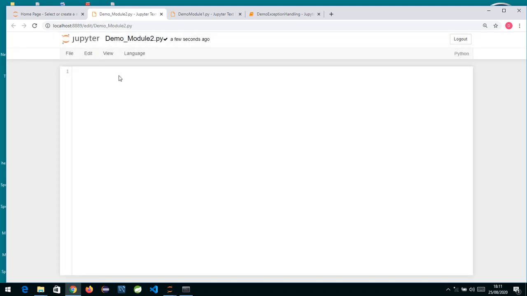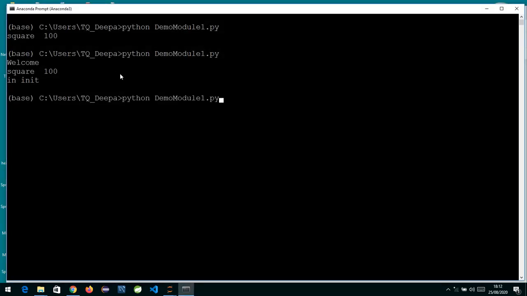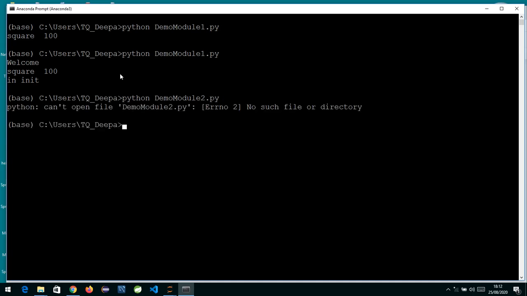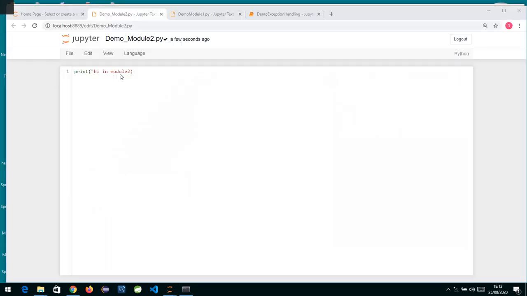Okay, so this is my module 2 file. And now if I write print hi in module 2, that's the thing that will get printed. So simply if I write this thing and run it over here, okay, why can't it open, something wrong I have written.